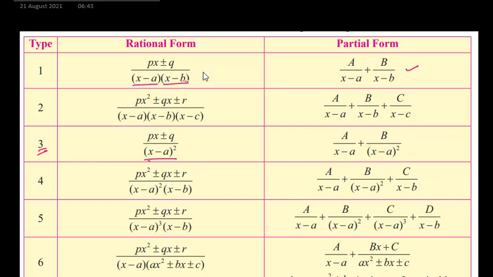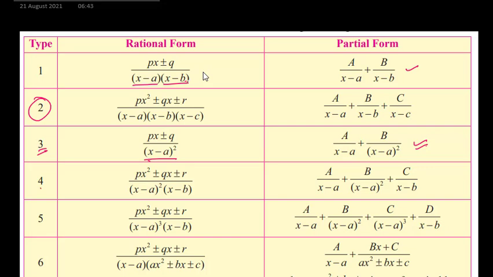Now in the second part above, in the denominator we have 3 factors, we can also have 4 factors, 5 factors, like that, and simply the right hand side will keep on increasing with D upon, E upon, like that. Okay, but maximum you will get 3 factors in the denominator. Now the third type is that in the denominator we have x minus a and x minus a the whole square, something like that, so we split them like this. Now we expand this concept along with the above one.